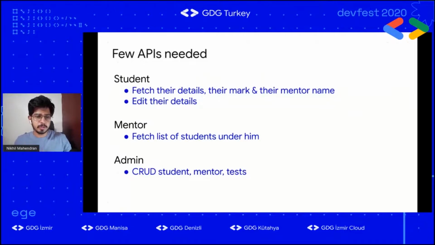From the student perspective, we can have APIs to list their personal details, their marks, the mentor name, and the student can also edit their personal details. From the mentor's perspective, the mentor needs to fetch the list of students under him. Then the admin can do create, read, update, and delete on each of the tables. So he has total power to control it.